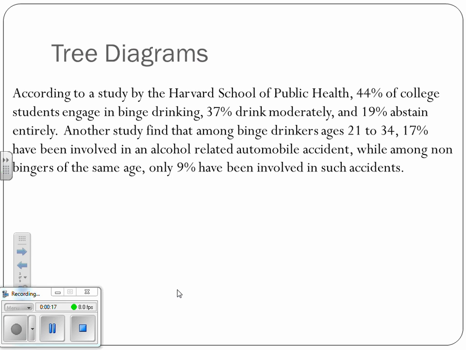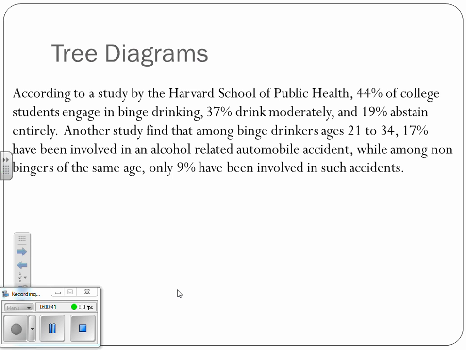on campus. 44% of whom admit to engage in some type of binge drinking. Obviously, these folks are of age. 37% said they at some point drink moderately, and 19% of the students there say they don't drink at all. A further study finds that among the binge drinkers, 17% are involved in some type of alcohol-related accident, and